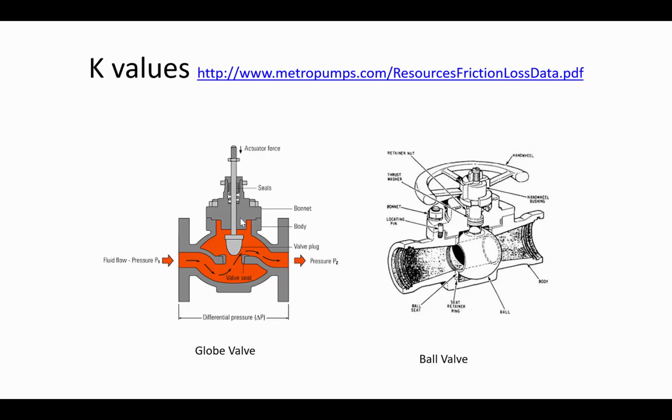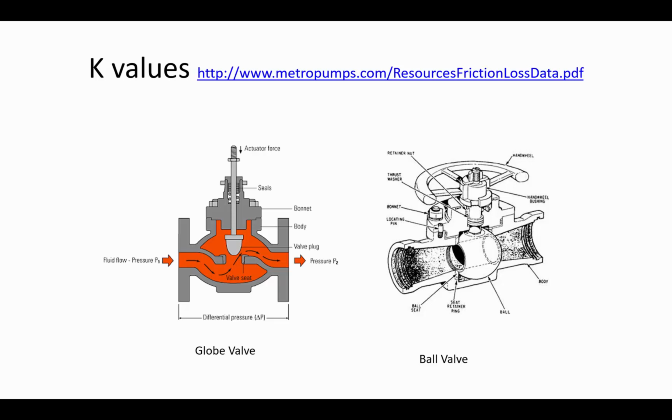Here's a closer look at a globe valve and comparing it to a ball valve. You can see in the case of a ball valve, when that valve is turned, it allows the flow to very rapidly start going through a section of essentially tubing that's identical in diameter to the pipe that's immediately upstream and downstream of it. In contrast to that, the valve plug in a globe valve is just going to be open as much as it can, but the diameter of flow and the changing direction accounts for why the K values are